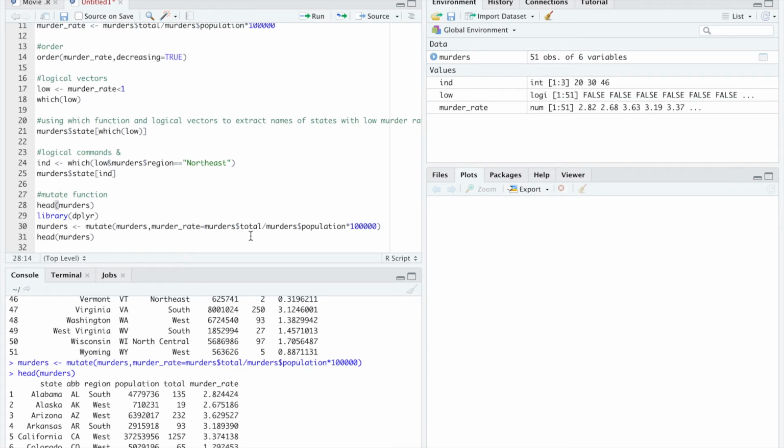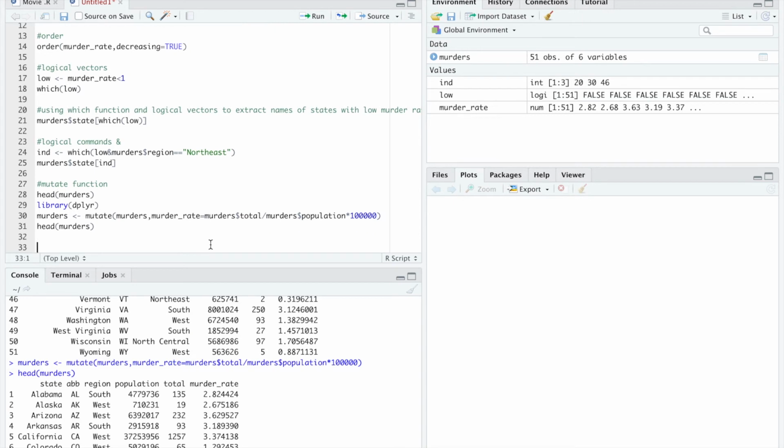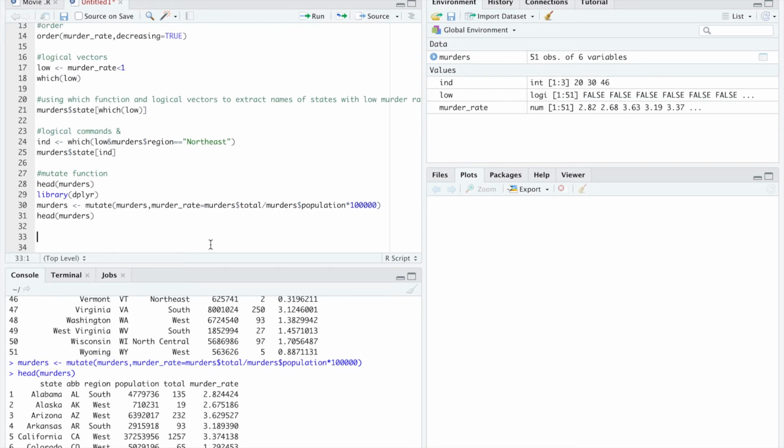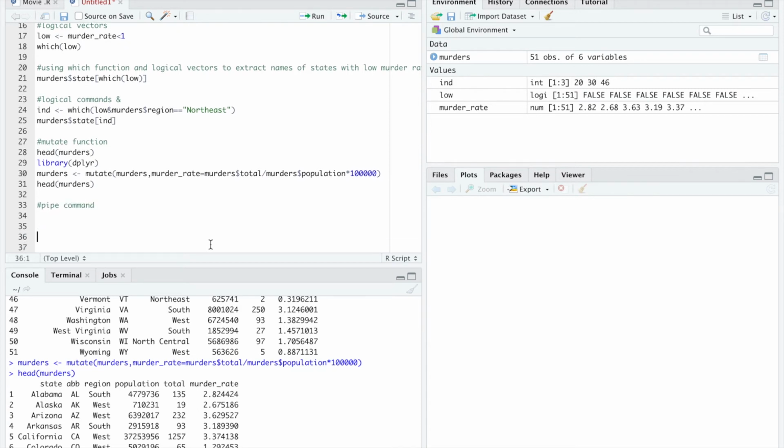So basically, this is also a very powerful tool. But another way that we can use the mutate function is something called the pipe command, which I personally believe is one of the most useful aspects about this R Studio programming language. So to use the pipe command, you also have to load the dplyr package, and then how you use this is that